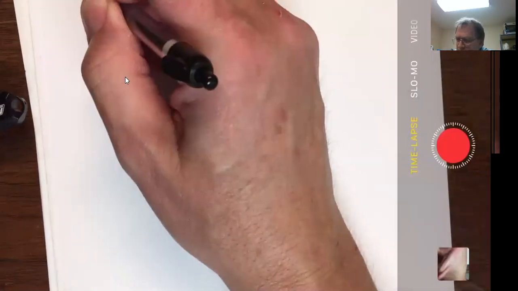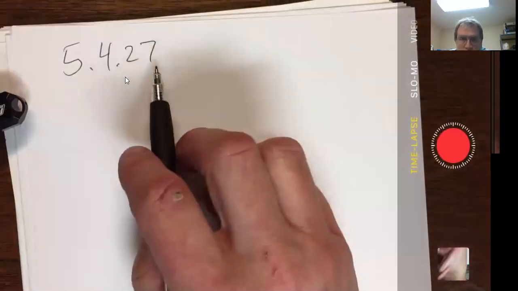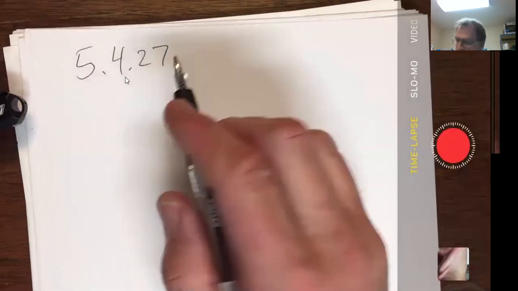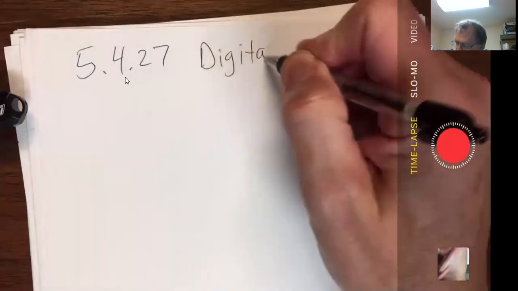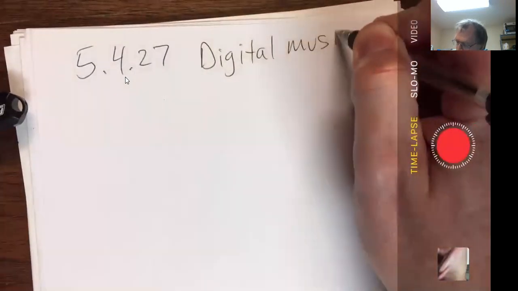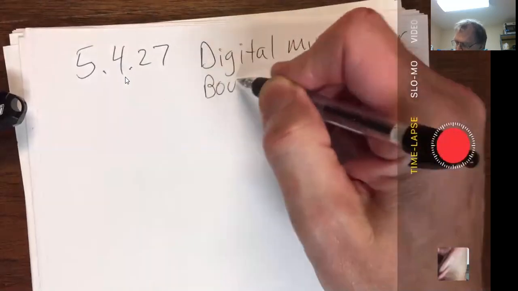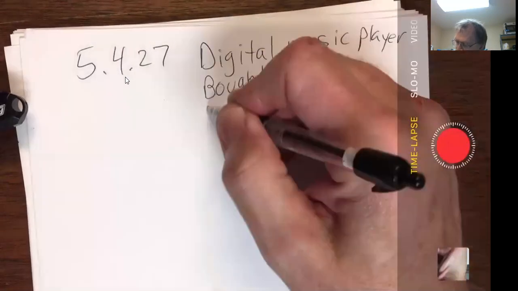Well, I think it was 5.4.27. Now, when you log on to MyLab and look at this, you may have slightly different numbers because it does scramble things. But it was like a digital music player. You bought a CD and it had 13 tracks.